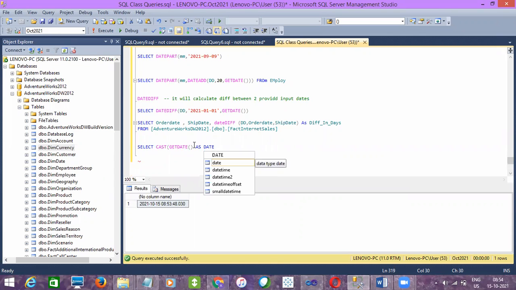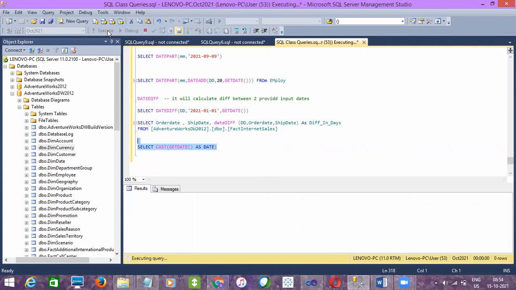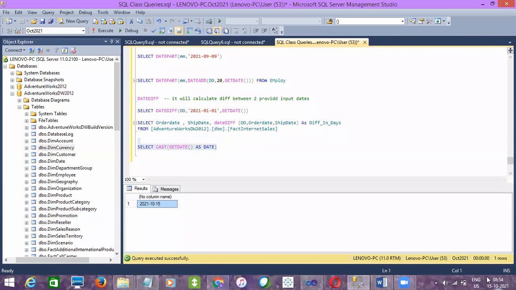This will give only the date out of today's date time. But if you want to know today's day name, how to do that? So the function is, I think, day of week.